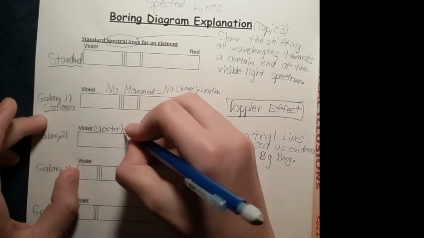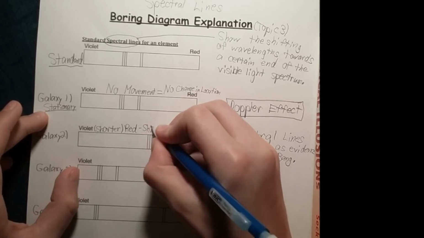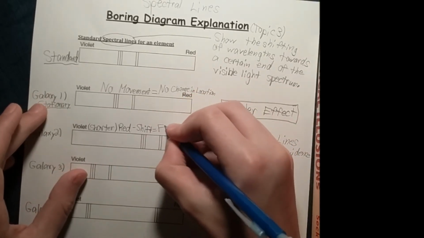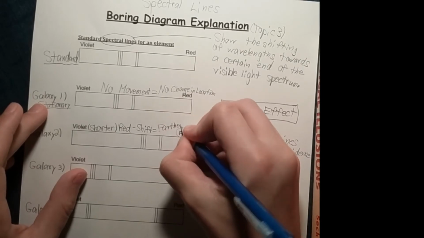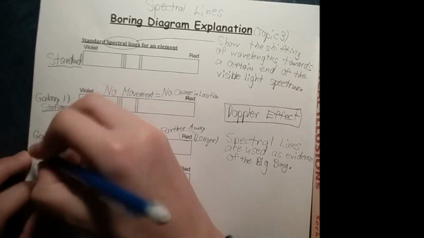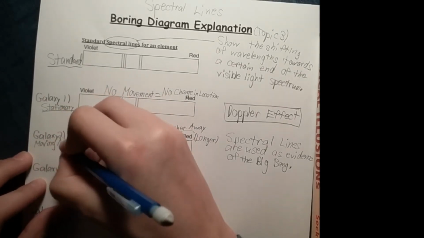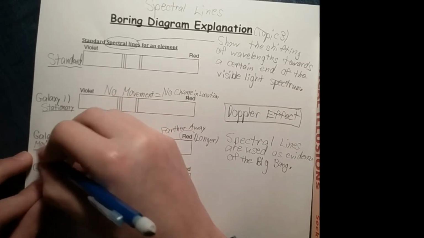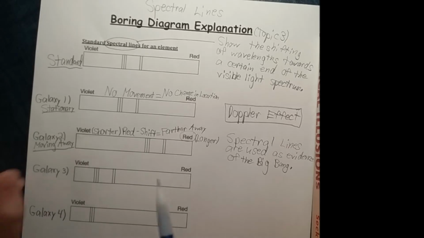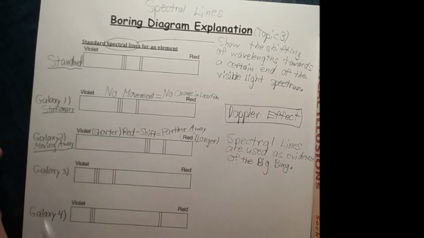So this is going to be called a redshift, and this is going to be moving farther away. So this one is going to be moving away, and you could tell because of the redshift. And that's a key term to know for the Regents or any other test you're going to be taking on this. So that redshift means that it's moving farther away from you. So let's take a look at